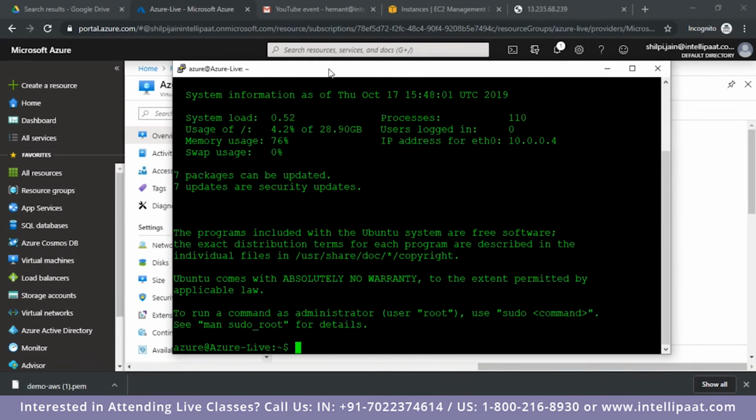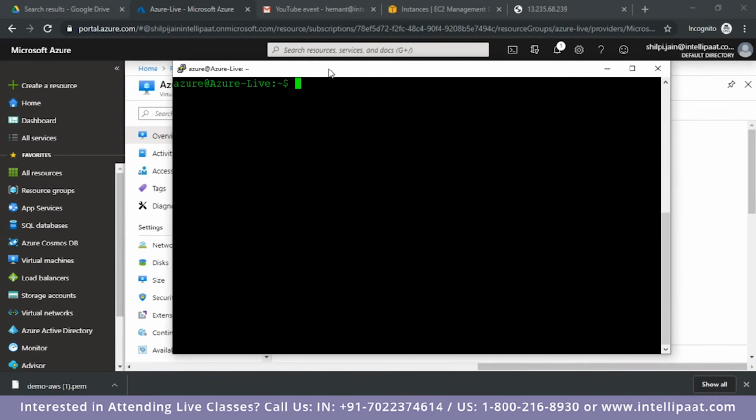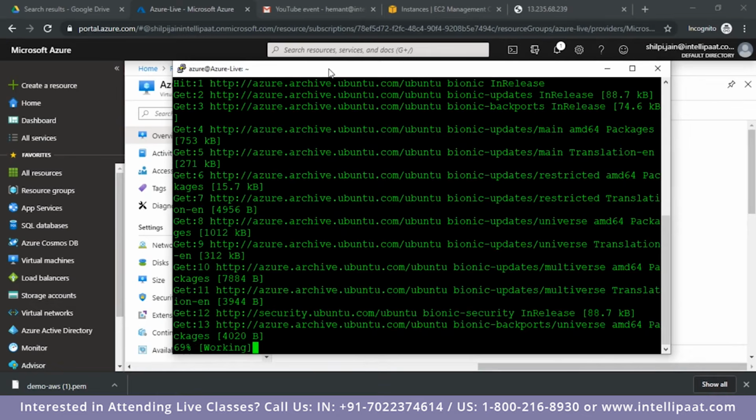And now if everything goes well, I would be connected to my machine, and I am. Right, so now I'm connected to my machine, and again I can do anything with it. So I can just update this machine again. Right, so this operating system is now getting updated,